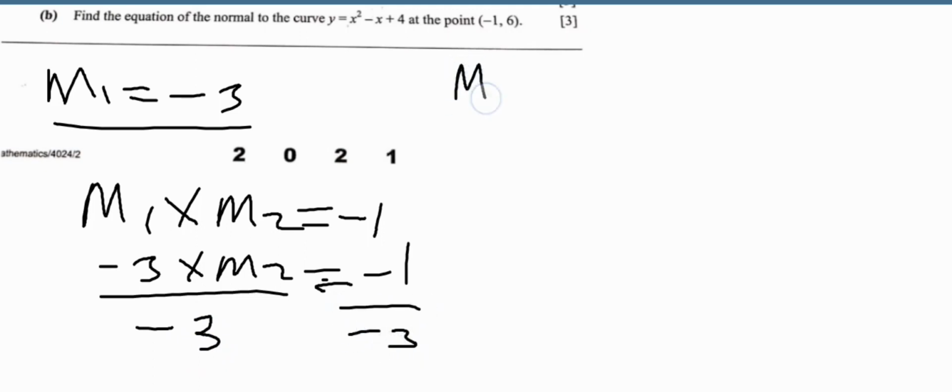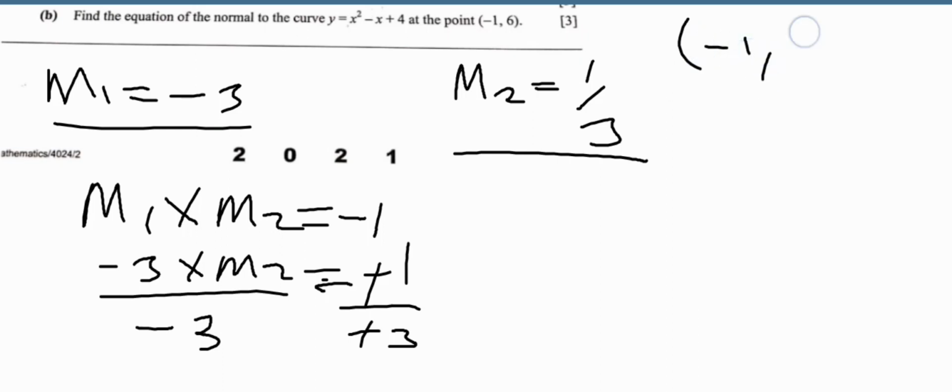So our gradient 2, or the gradient of the normal to the curve, is going to be equal to 1/3, which is +1/3. So this negative and this one here, they are going to cancel each other. That's the reason why we are having a positive answer. Now, since we know the coordinates, which are negative 1, 6, so for us to find the equation here, we